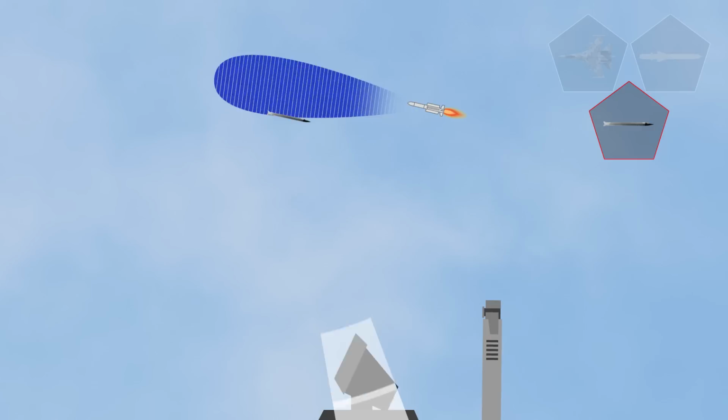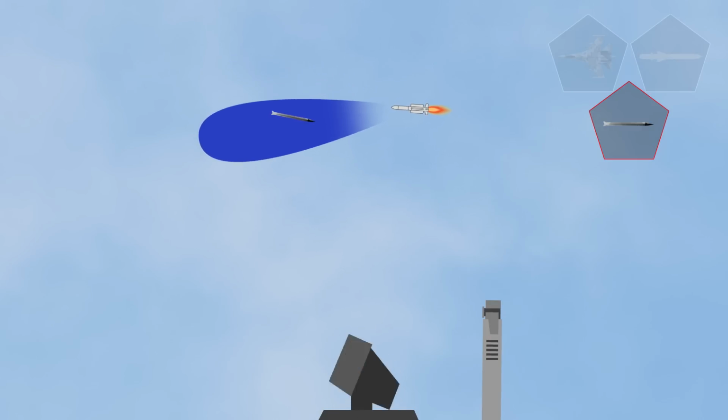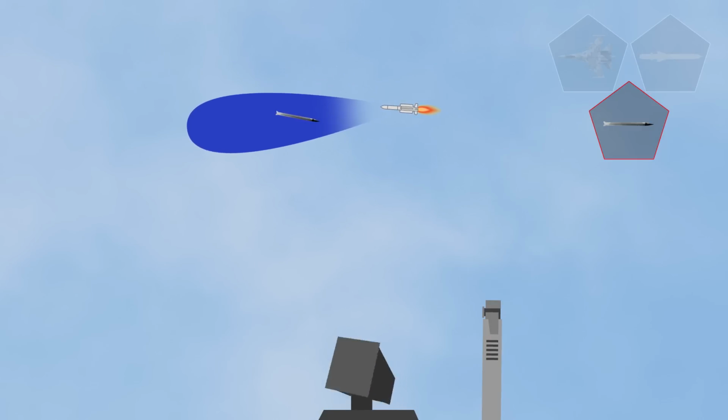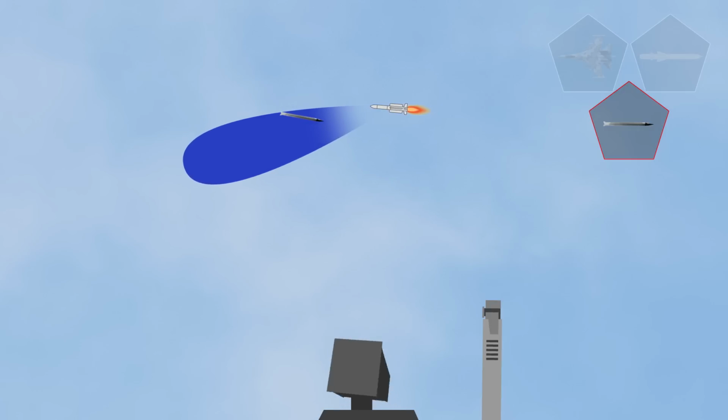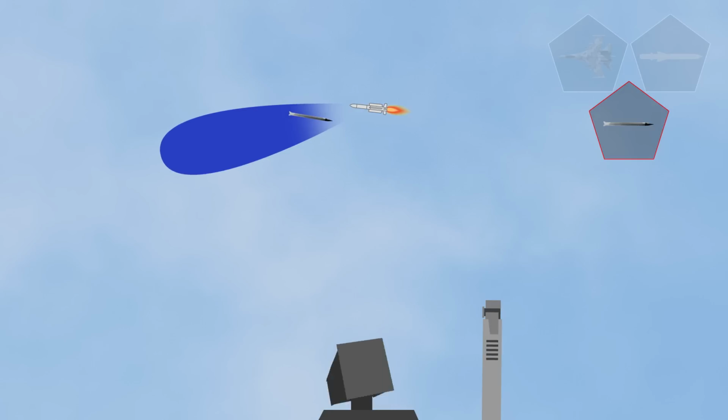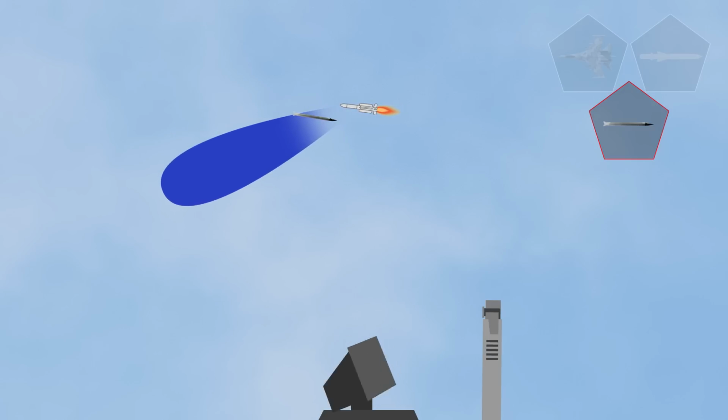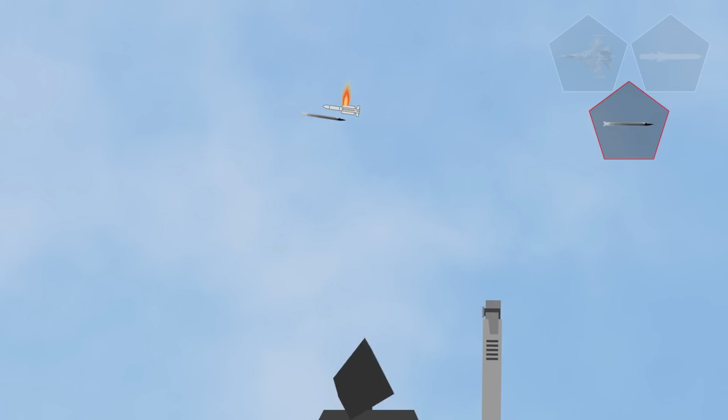When it reaches the proper range, the Aster missile switches on its seeker, which, once locked onto the target, can guide the missile autonomously. A few meters before interception, the Aster missile applies a set of hot gas jets at its center of gravity to make it practically stick to the target and intercept it through a direct hit.